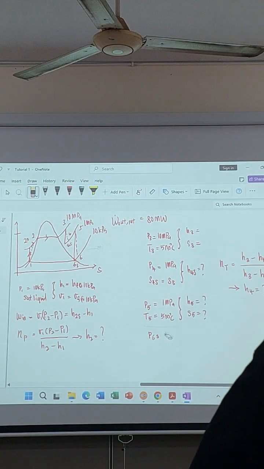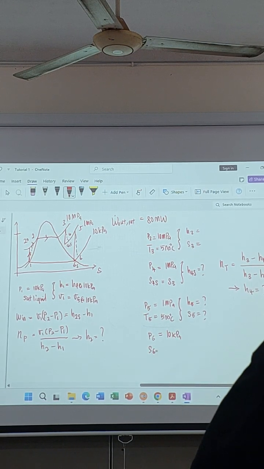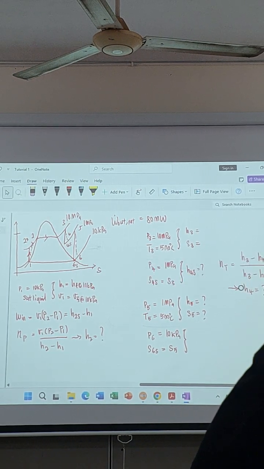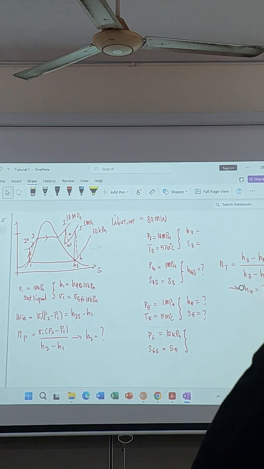Actually, the pressure will be the same because it's the same value. So you can compare P6 equals 10 kilopascal. S6s equals S5. Okay, so now for this one, when you use the S5 value here,